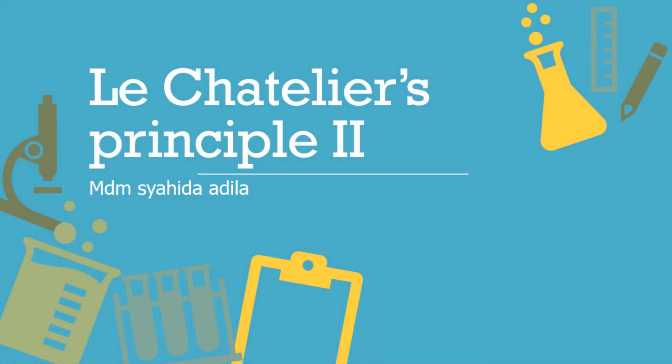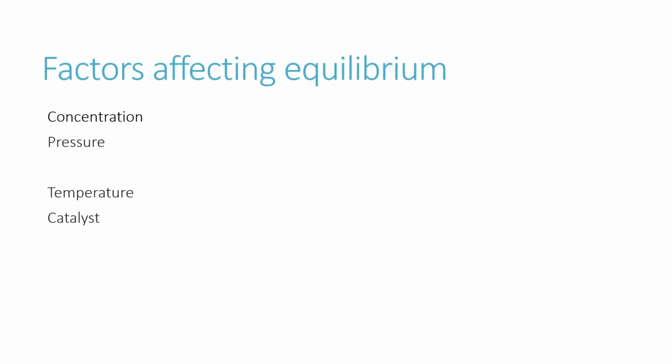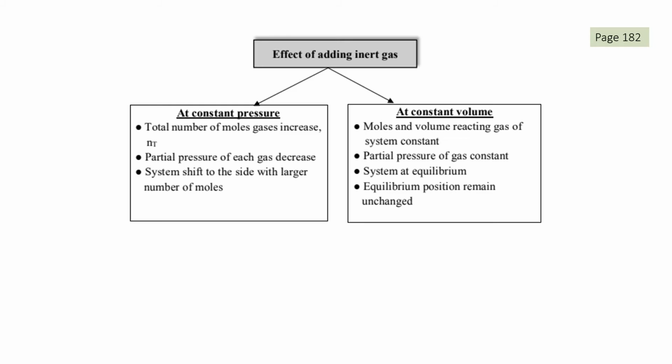So, kita akan continue for the Le Chatelier principle. Continue with another two factors, addition of the inert gas dengan juga changes in temperature. Okay, factor first kali kita akan tengok for the addition of the inert gas. Page 182. So, based on the module, the effect of adding inert gas ada dua condition, sama ada awak fokus